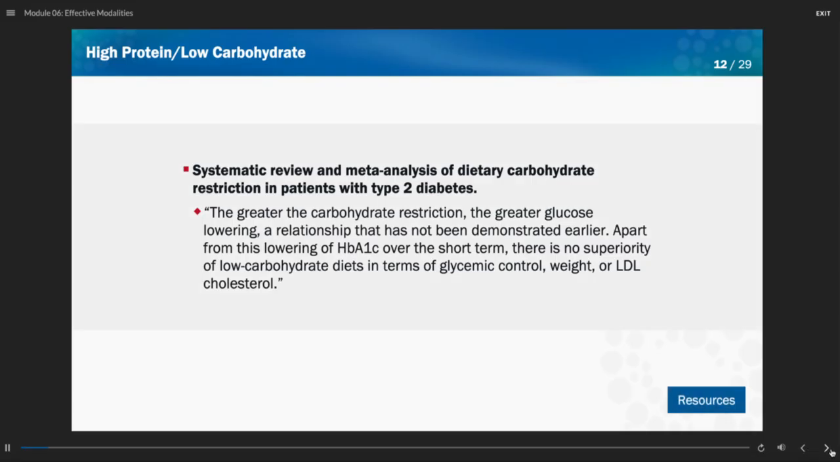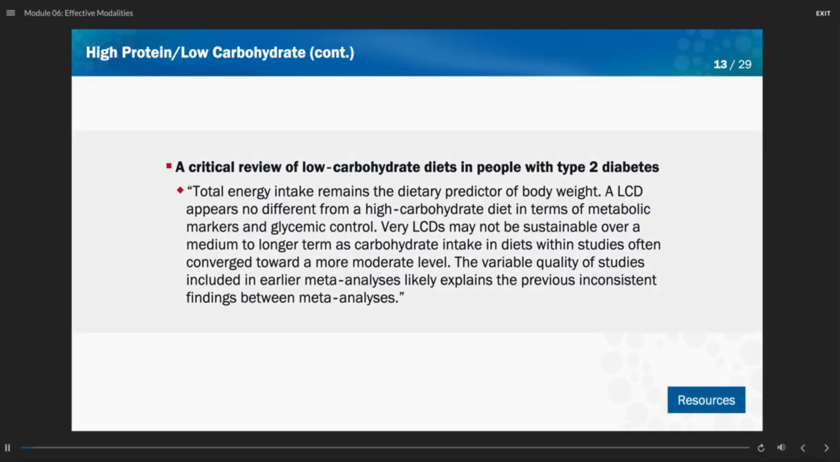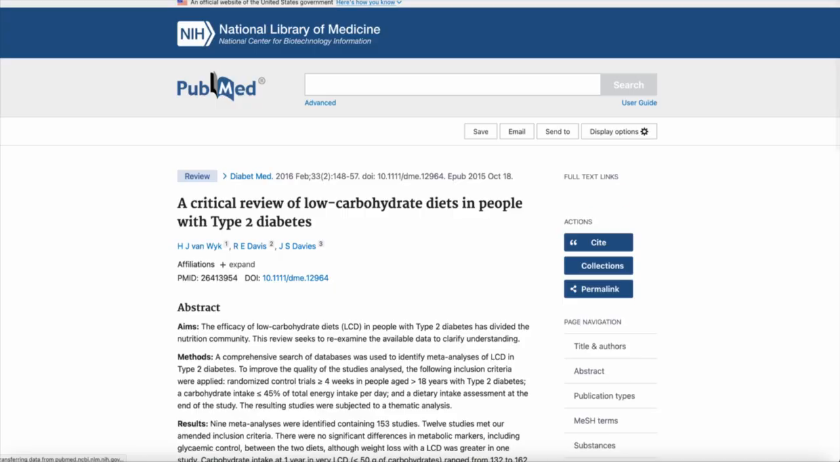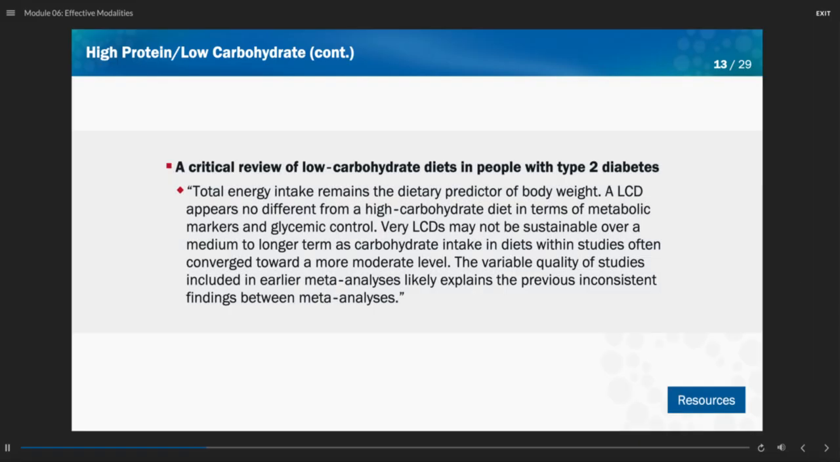So a large systematic review. Further, if we look at other large meta-analyses and systematic reviews that are looking at the long-term benefits of high-protein diet, we see in this critical review of low-carbohydrate diets that the total energy intake remains the primary dietary predictor of body weight. So low-carbohydrate diet appears to have no difference from a high-carbohydrate diet in terms of metabolic